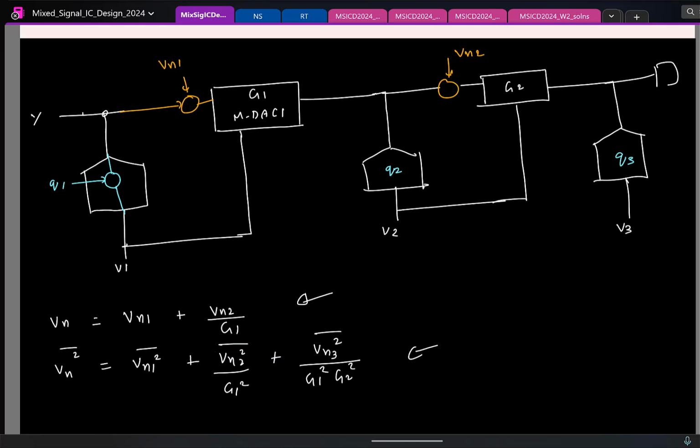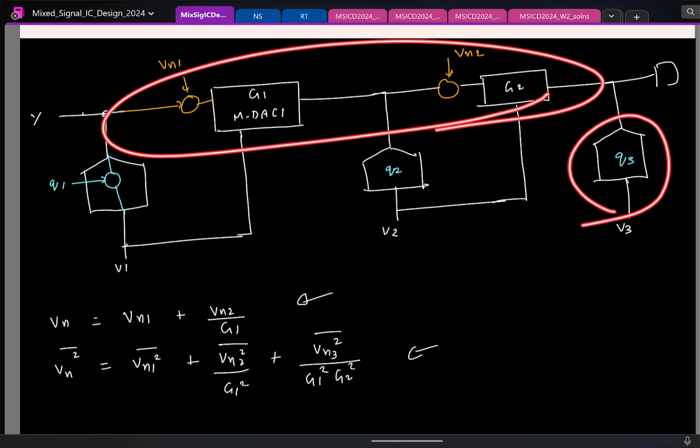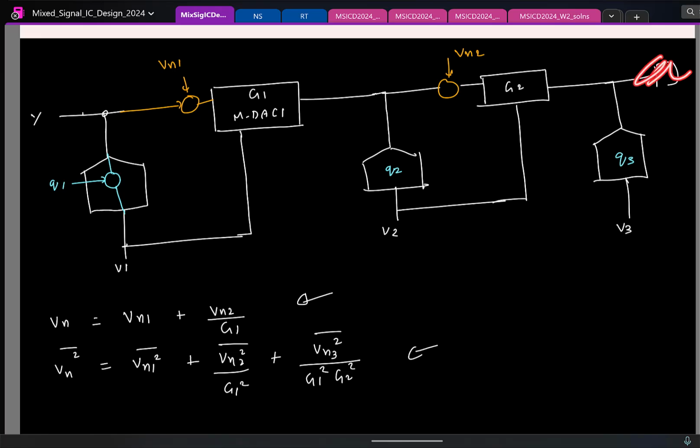So bottom line, in pipeline ADCs, the resolution only depends on the last stage and the gains you have before it. Okay, and the important thing is to make sure that the signal seen at each of the ADCs here does not exceed the maximum and